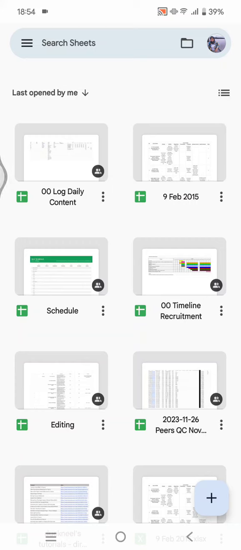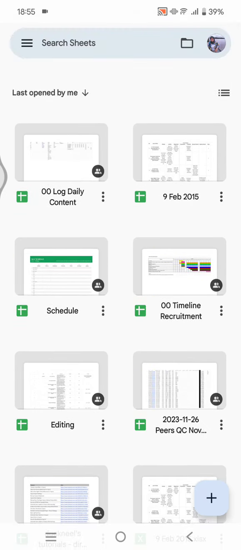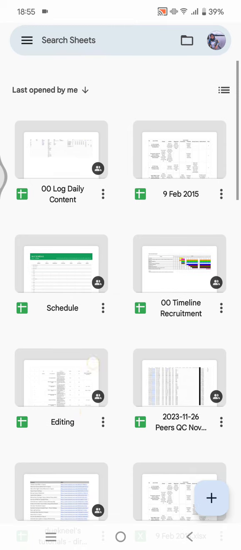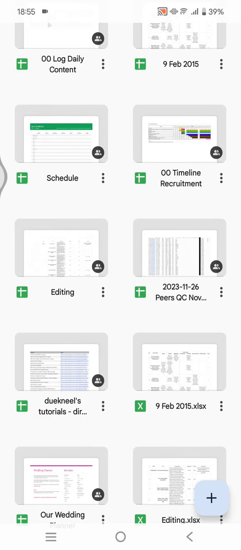On today's tutorial, I'm going to show you how you can set a Google Sheets file as view only on Android. So here I'm using an Android phone and I've already opened the Google Sheets app on my phone. And here, let's say I want to make this file right here, this spreadsheet, view only, so that when I share it with my friends, they cannot edit the file, but they can only view